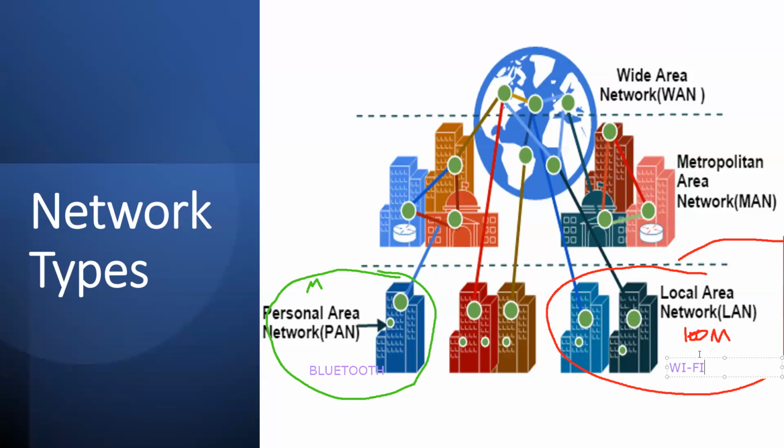One example of technology that you use to implement a local area network is Wi-Fi. Okay, but you can say, oh, but I use the same credentials when I'm here in the campus Mexico City or in the campus Santa Fe. Yes, it's not a big problem, okay? But campus Santa Fe is a local area network. Campus Mexico City is another local area network. You use the same credentials because of the systems, but it does not change the behavior or characteristics of the local area network. Any questions?